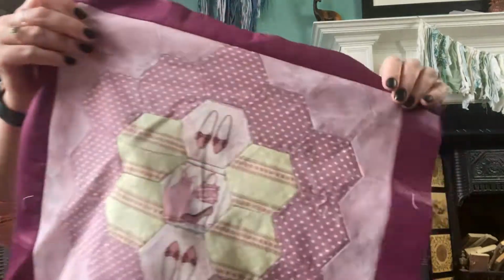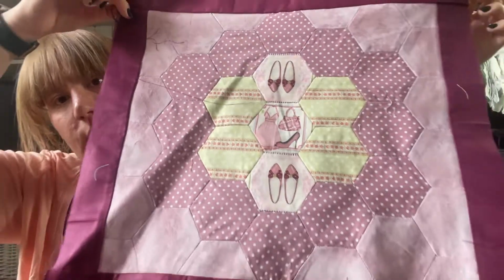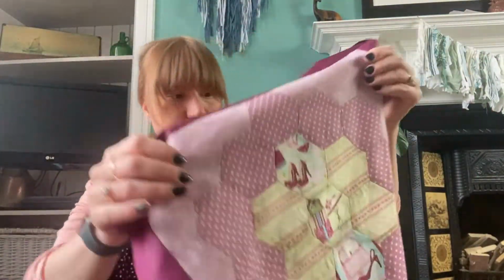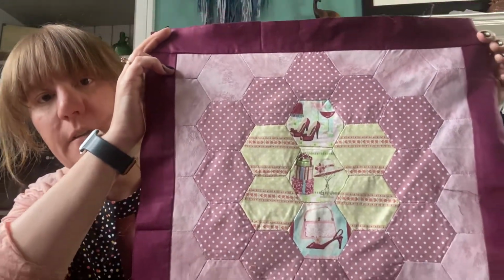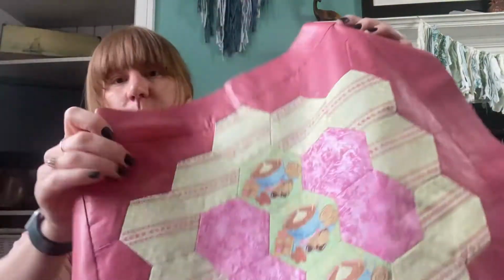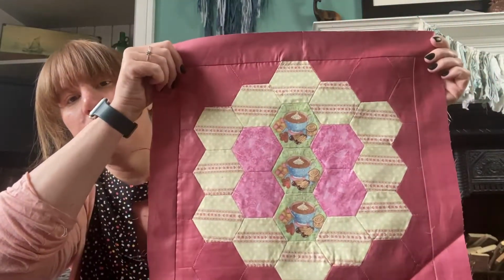This one has like shoes and a dress, and similar, obviously fussy cut from the same fabric for the center of that one. And then there's some hot chocolate in that one,